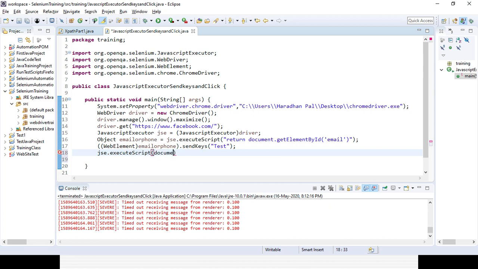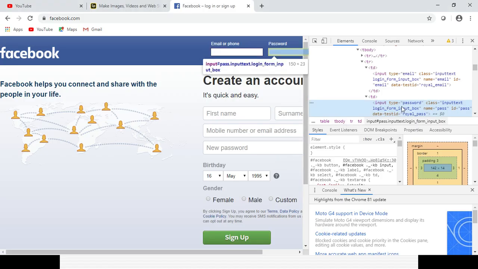Start with a double quote: document.getElementById, and here you need to provide the ID. The ID is pass. Simply close it. You can see the ID is password.